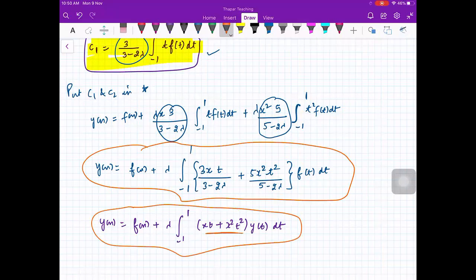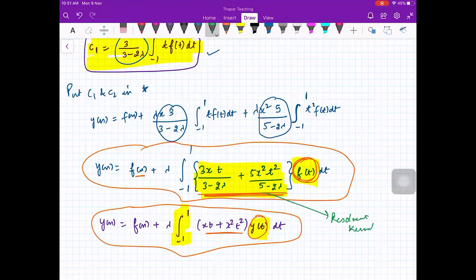The kernel has changed. Here, in place of y(t), what has come? f(t). f(t) is known. Obviously f(t) is a known function, whatever is given later. So what happened is that this kernel has resolved your problem, because in the integral equation the only problem is that the unknown is inside the integral sign. That is why we don't know what to do. But if a known function is inside the integral sign, we can obviously integrate. So that is why this kernel is called the resolvent kernel.